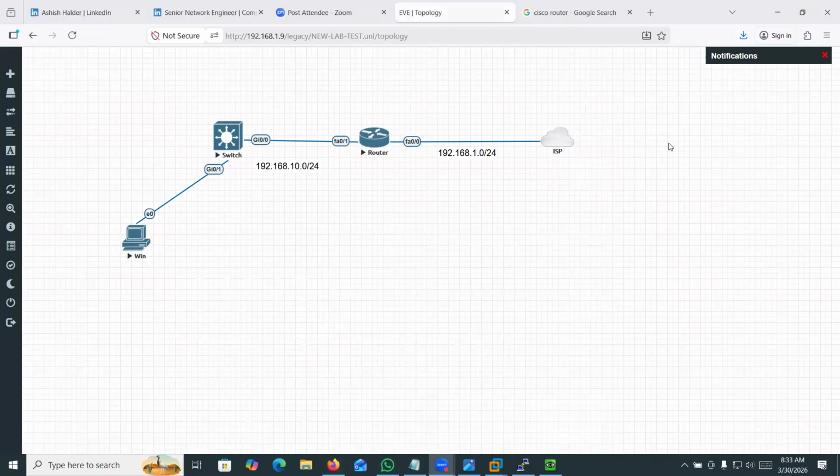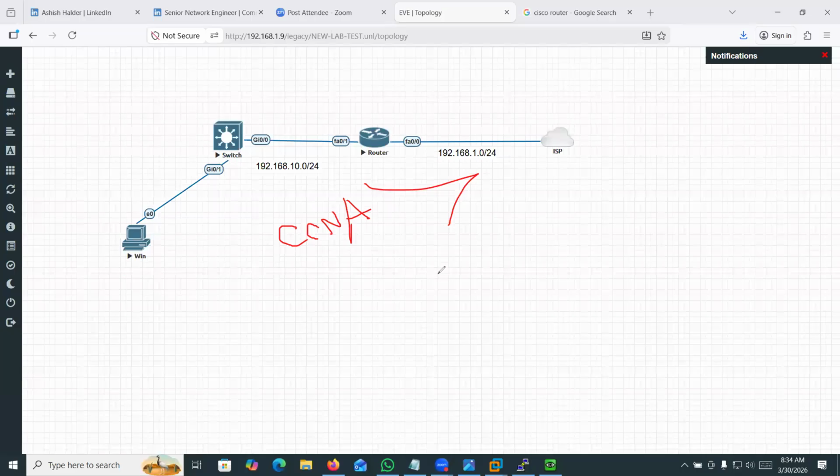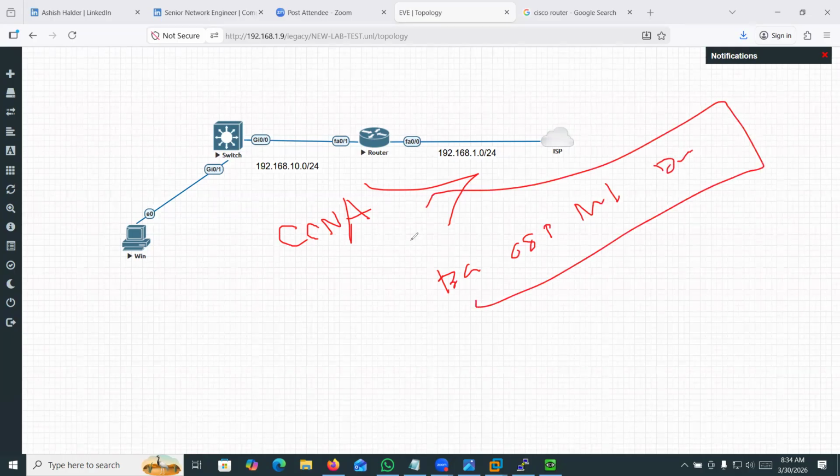Okay. So actually, I suggest you do the package course because with only CCNA you can do nothing. You need to learn advanced routing protocols like BGP, OSPF, MPLS, DMVPN. These are the requirements to work at a core level.